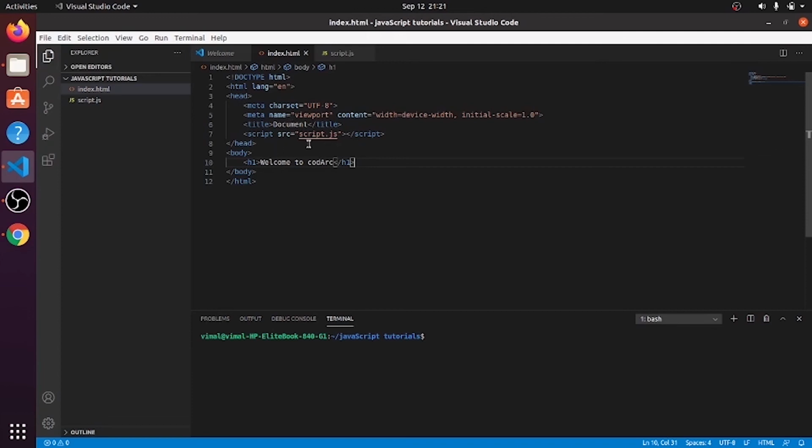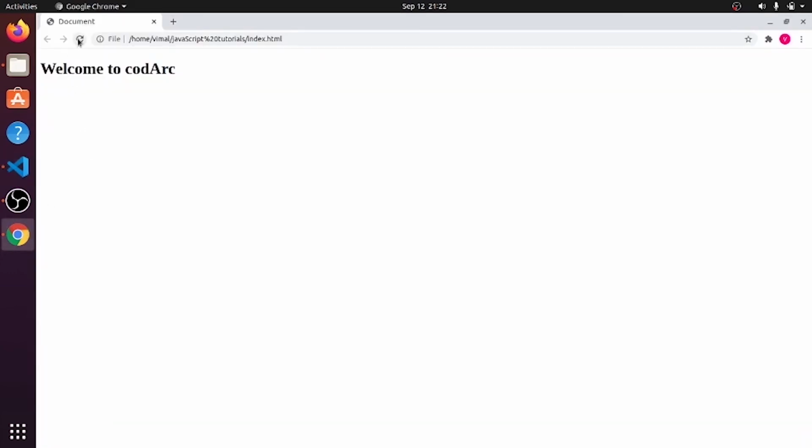We don't want our JavaScript code to run before our HTML loads. So we have to run our JavaScript code after the entire HTML content has been loaded on the web page. So instead of writing the script tag inside the head tag, we can write our script tag inside the body tag at the end. So now I will save my index.html and go to the browser and reload my page.